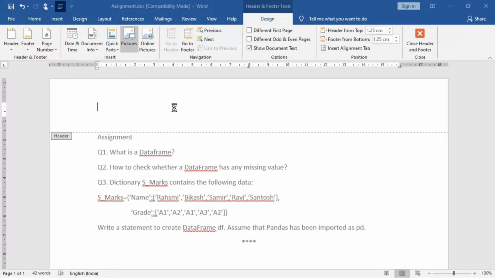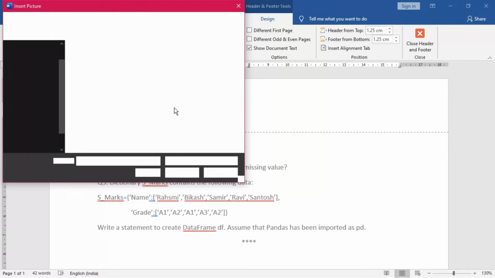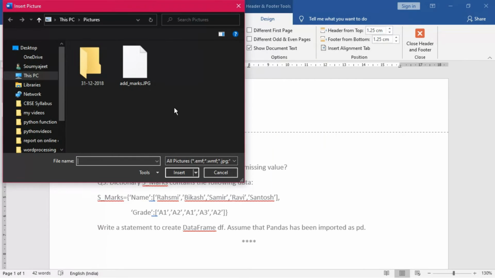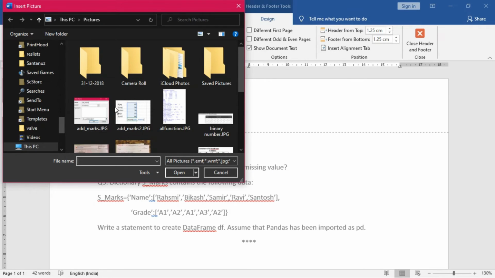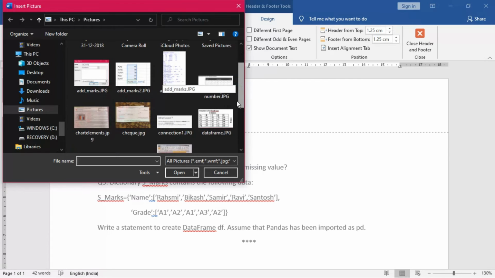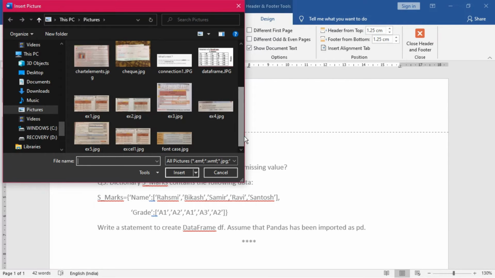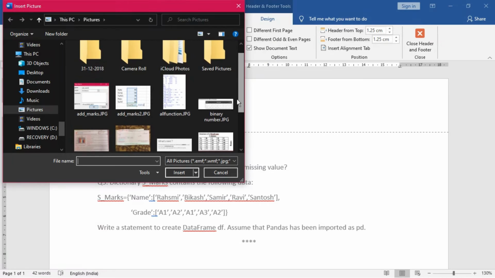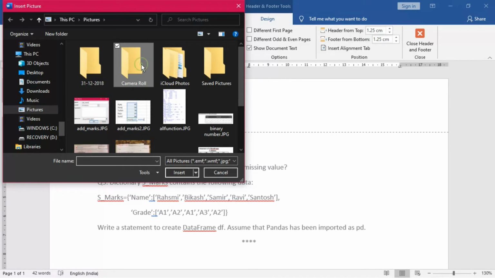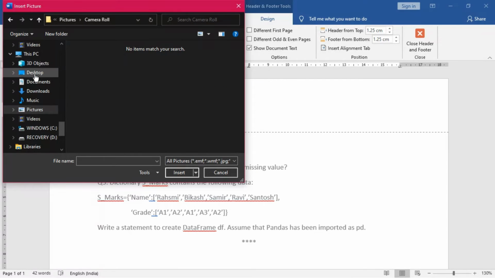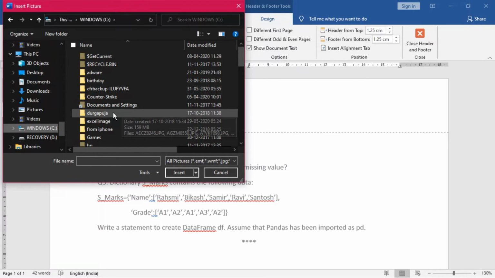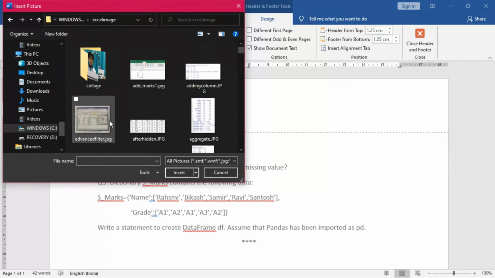All right, so now a picture dialog box will open. Okay, the insert picture dialog box will open for me, and from here I can choose any picture as a heading. So suppose any picture, because I don't have many pictures out here. So let's see, I'm opening the camera roll once. Let's see, nothing is there. Okay. So what I will do is I will take any particular picture and say I will insert this as a picture. I will insert it. Click on insert.